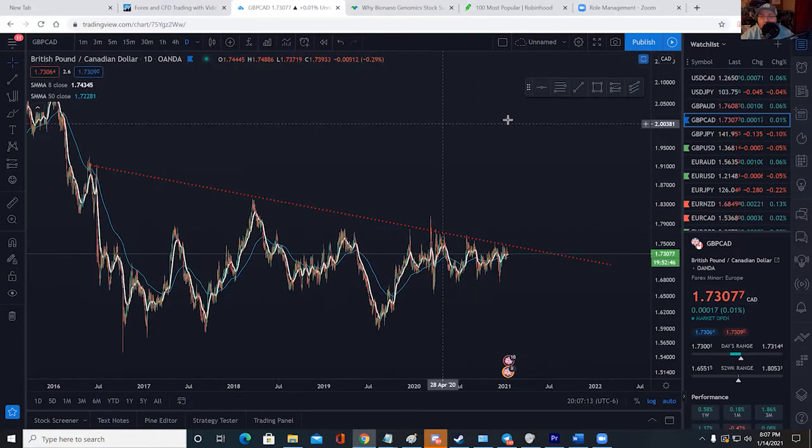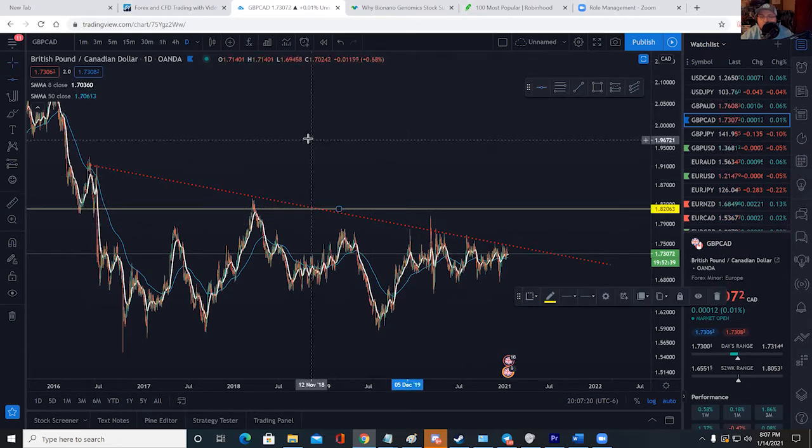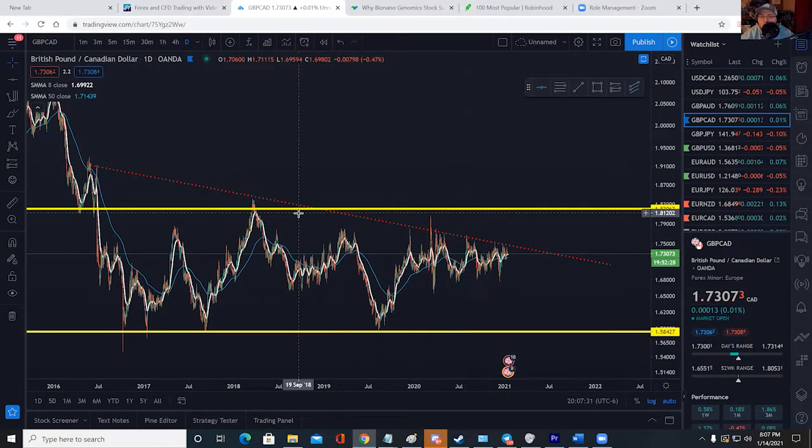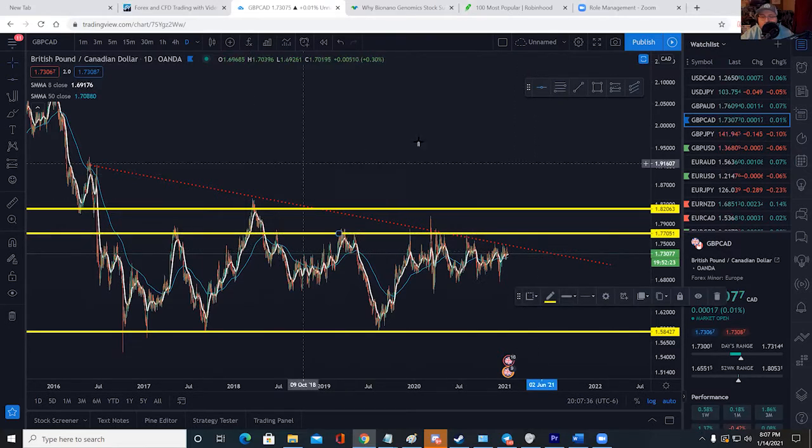And then I come in and I start with my major supports and resistances. So this would be a major support slash resistance right in here. I'll put that to a thick line, and then I'll do the same thing on the bottom here. This would be my major, and then I would also put a major right about there. And I think those are most of the majors I see. I might do one right in here somewhere. This is more of a zone, so I don't know if I'll mark that up on the day charts, but